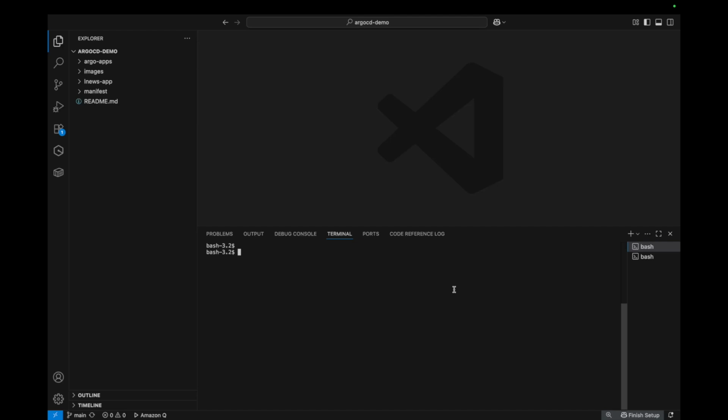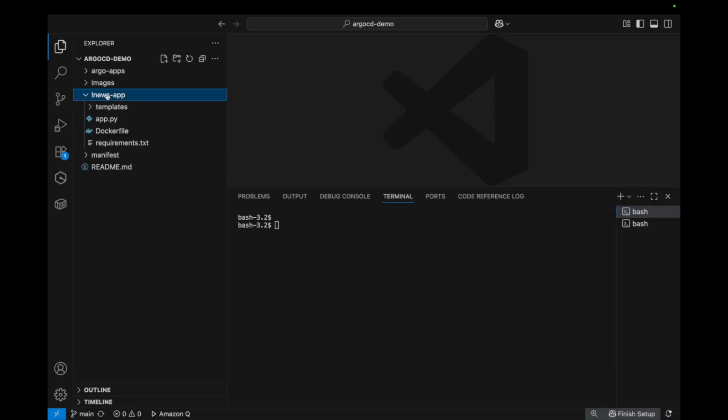So in this demonstration, what I have used is a Minikube cluster. And over that Minikube cluster, I'm hosting my application, and over there, I'm going to utilize Argo CD. And this complete repository is currently available in my GitHub account, and I would be showing you how I'm making changes over there and how Argo CD is actually behaving accordingly in order to keep the desired state of the